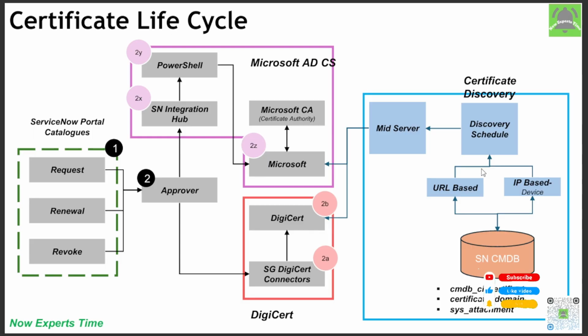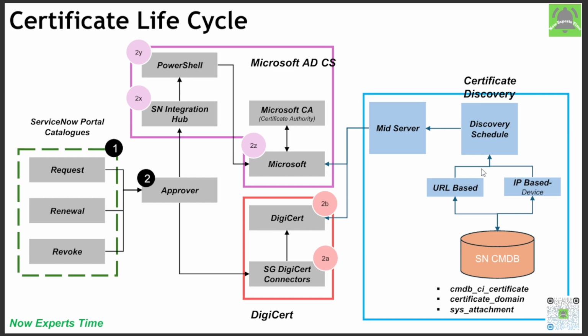So first, we need to understand the two classifications here. Number one, how to do the certificate discovery. Number two, how to enable an integration to improve or enable request, renewal and revoke certificate access. There are two classifications. What is the difference between these two? We need to discuss this. First,